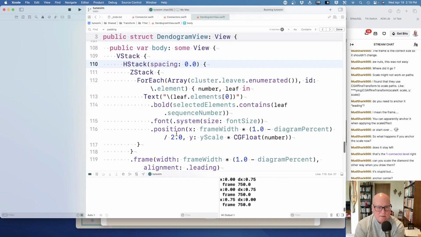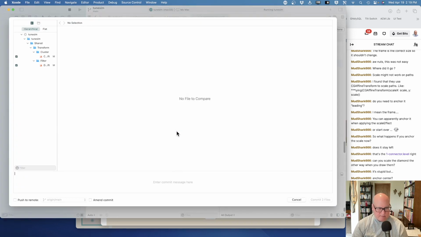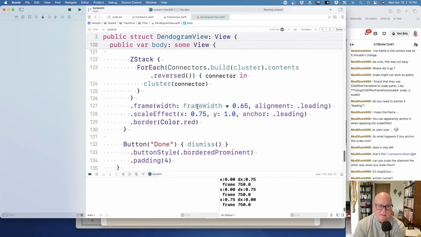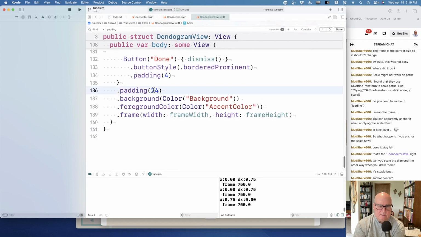All right. Well, let's hard code. Let's capture this. I think we've made enough progress. Make drawing. Make diagram. Draw. How to say it? Forward from left instead of backward plus flipped. Okay. So I think, well, let's,